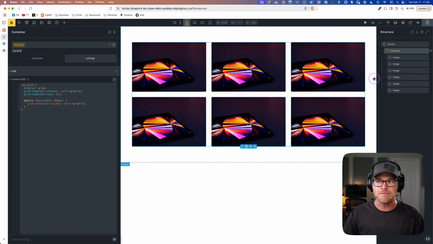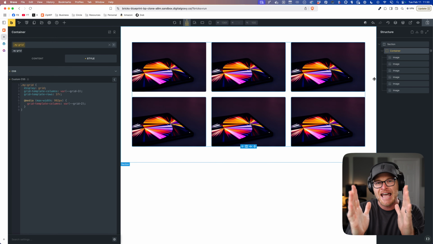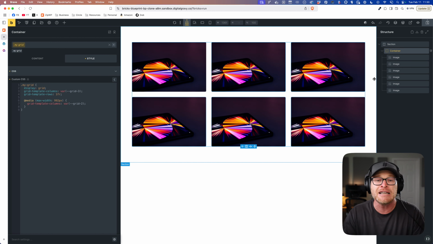I don't know what we'll call them yet, but if I shrink the canvas down to whatever, it doesn't even have to be a set breakpoint. It can be a custom value. It could be 764 pixels. Just pull something out of your butt. And I click a button and it writes a media query for me at 764 pixels. It just writes a custom one for me, right? So that's another thing that we're gonna be able to do.